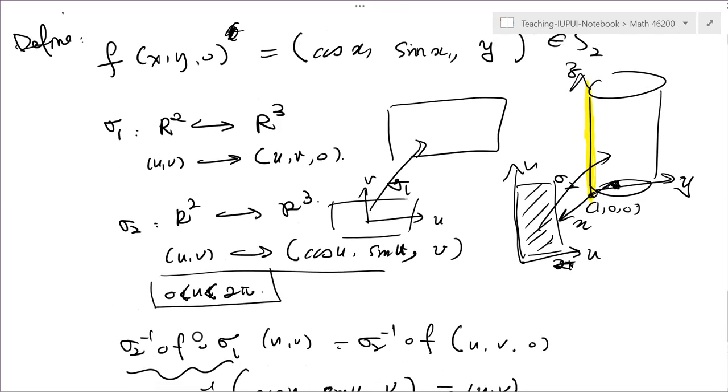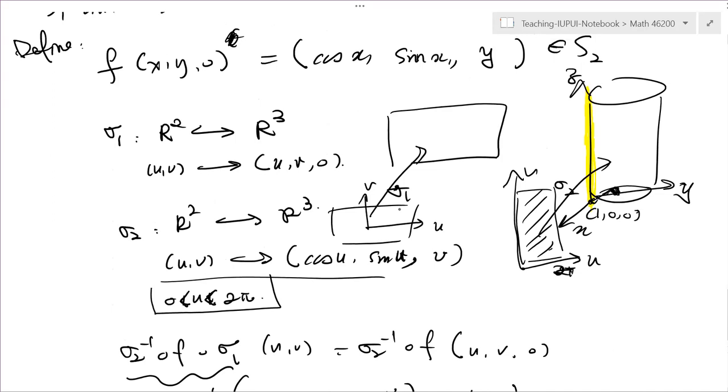You only consider this portion as U1 from 0 to 2 pi. The reason is all you need is this piece, okay? Otherwise,